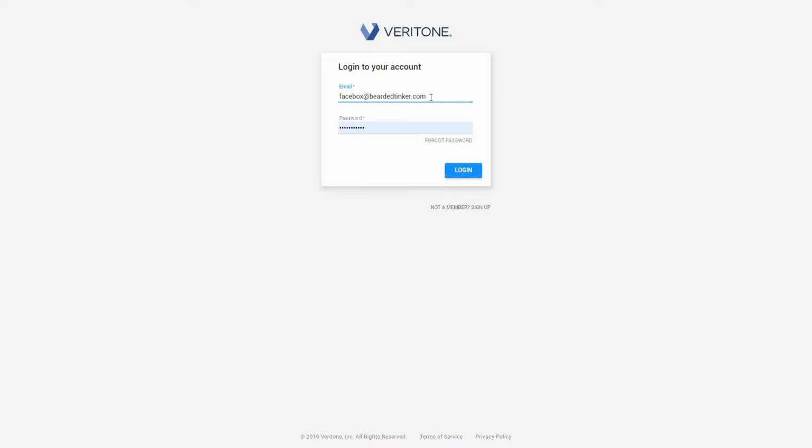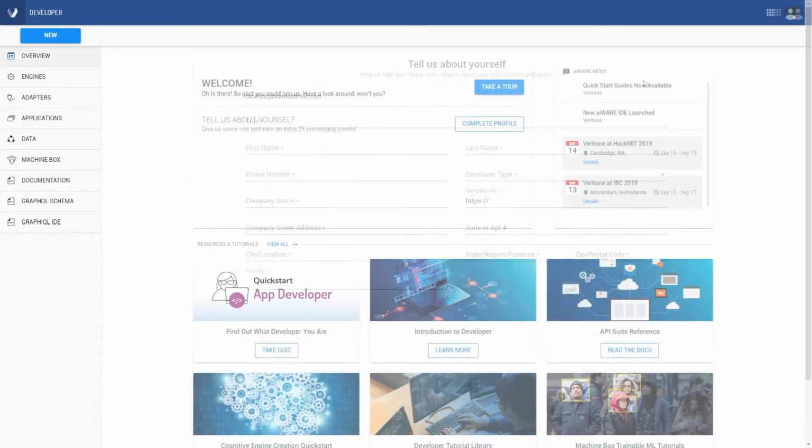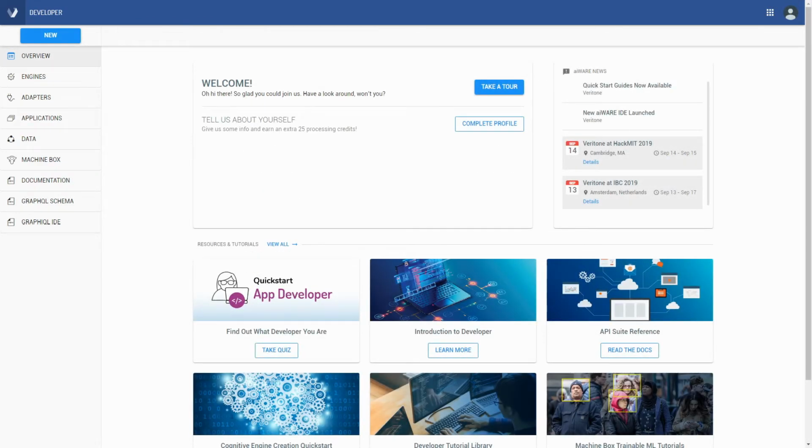There are a couple of things that you have to tell about yourself in the first page. It should be easy. Let's log in. And when you finish setting up your profile, you will eventually end up on a screen like this. Now we have to go to the Machinebox